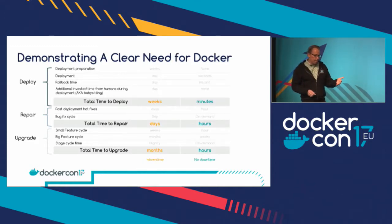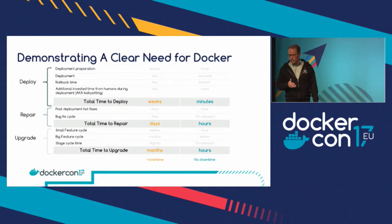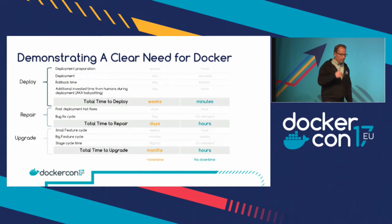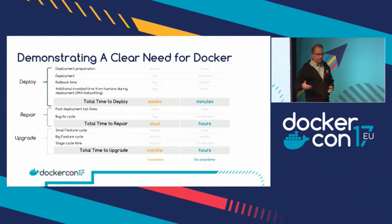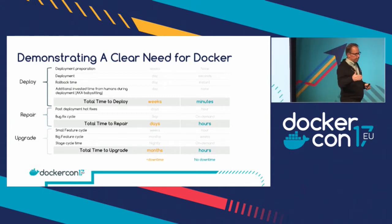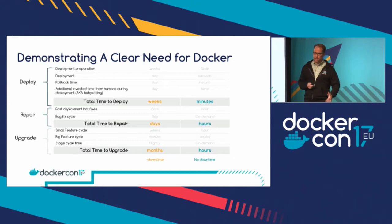And importantly, on top of that, we have to look at where we want to go, right? What's the goal for this? And again, this needs to be set in your own terms. If you're measuring things in weeks and days and months for your deployments, which is very common, then you have a case for Docker, right? You have a case for Docker, and it's obvious. But where do you want to go with this? A lot of customers who started using Docker and are successful with it get to the point where things become near instant, right? That may not be where you want to get in phase one. You may want to get down to minutes, or a day might be great for you, or a week might be great for you. For a lot of companies, 1 week to roll out a feature change would be phenomenal,